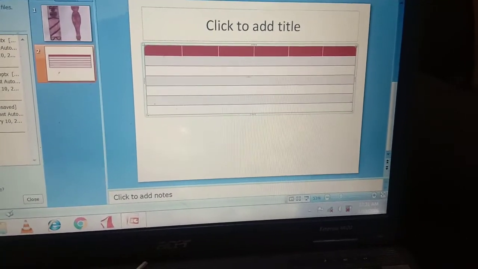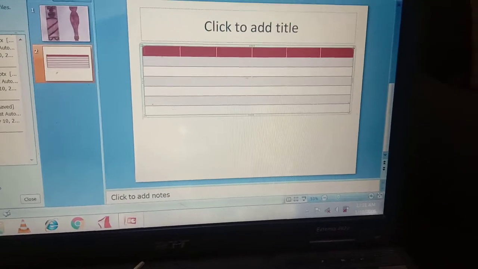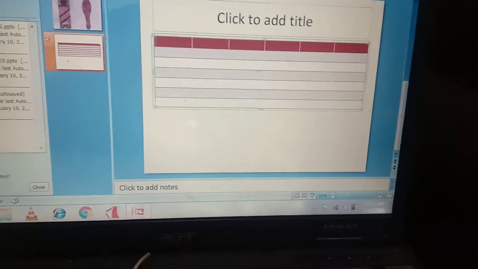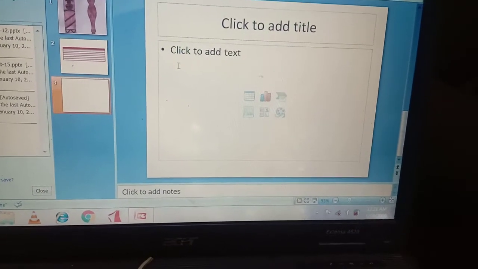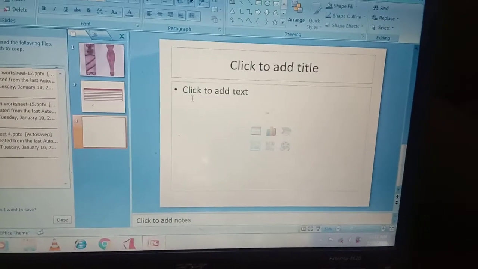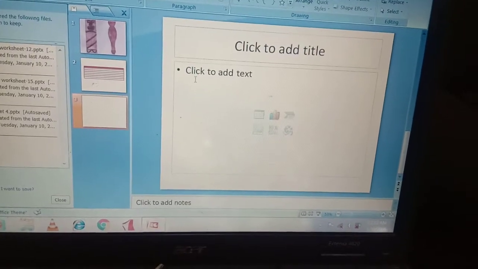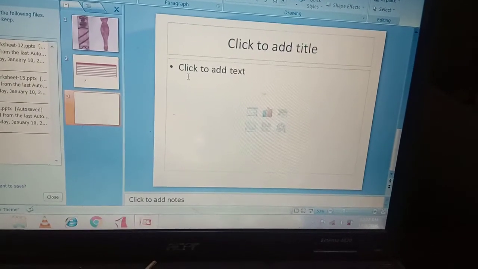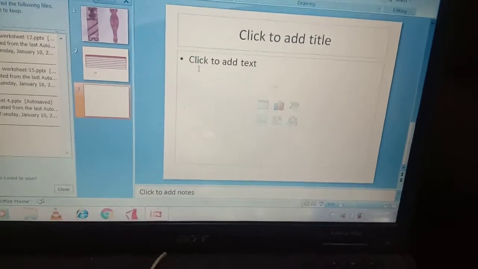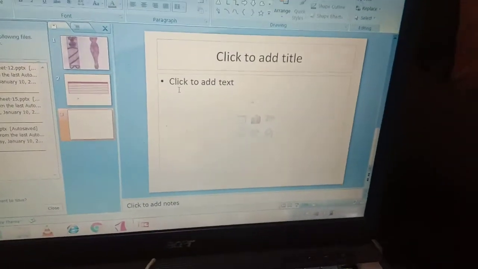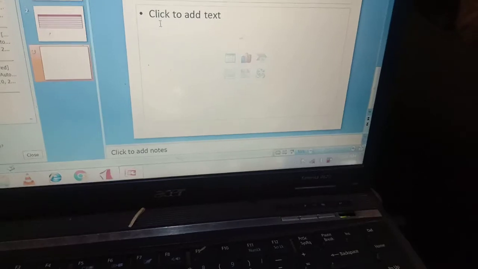One more thing I want to explain to you is the alignment. I explained it in the worksheet also. I gave a question related to the worksheet. So I would like to clear you about the alignment. What is alignment? Alignment is a representation of text or setting a margin of a text actually. There are 4 types of alignment.